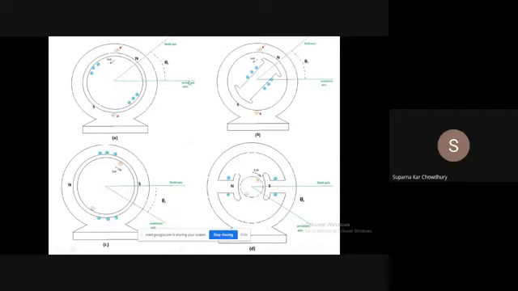Now, among these four, we have seen that when we are designing a DC machine, we have to opt for this construction, because in a DC machine, the EMF which is induced is always alternating in nature, and it should be rectified to get a DC output. That is only possible if we have a commutator and brush assembly, because that acts as a mechanical rectifier and rectifies the alternating voltage to DC. So for DC, we have to go for these options.